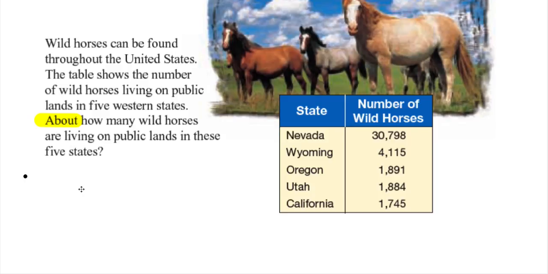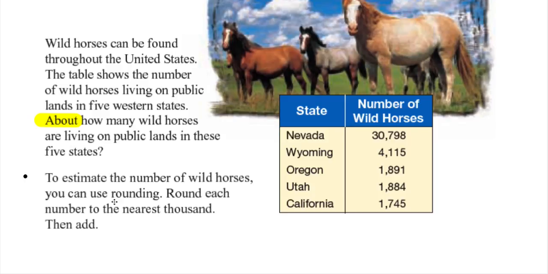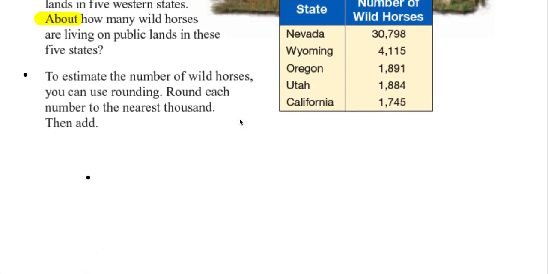Okay, so to estimate the number of wild horses, you can use rounding. Round each number to the nearest 1,000 and then add. Remember the thousands place. Review: the thousands place is this one right here. That's the thousands place of those numbers. If you round to the nearest thousands place, this is what we'll get: